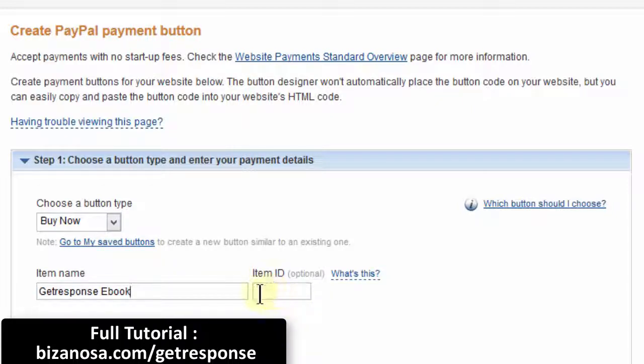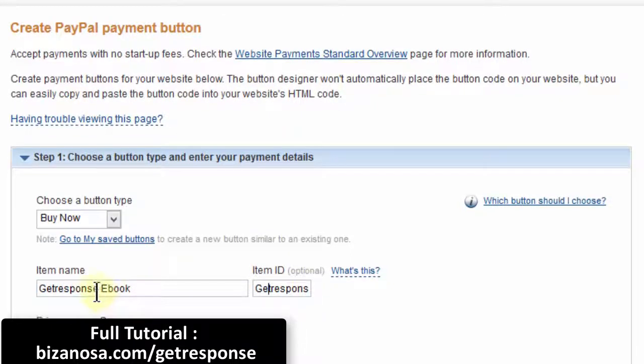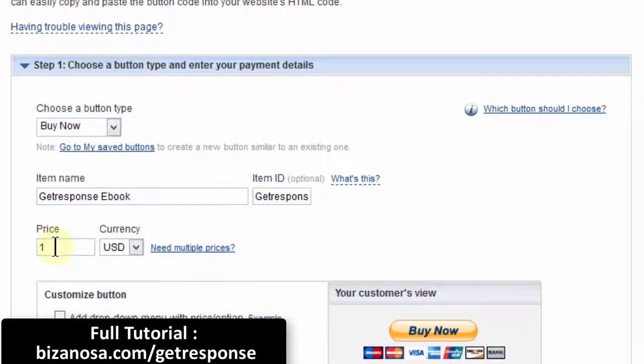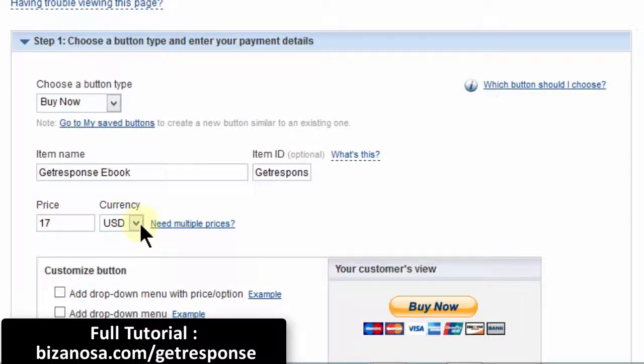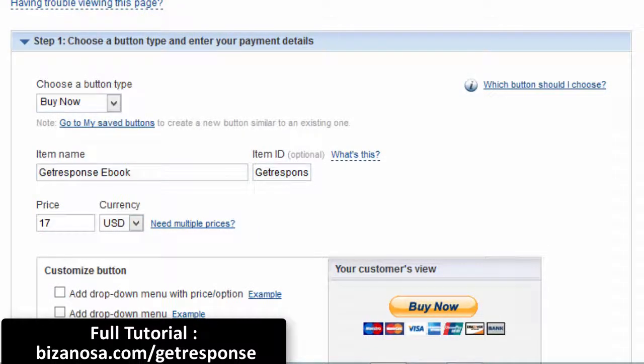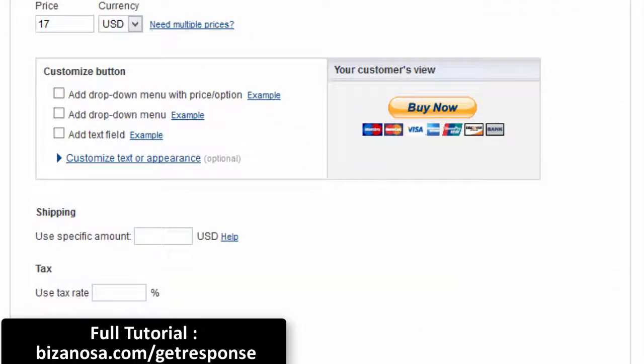And then let me just copy this, Control C. You can give the item an ID so that if you have many items, you will be able to identify them. So this is optional, but you can put whatever you want here that will enable you to identify it. Then you'll add the price. Let's say my ebook will be $17. You can also change the currency to one of the supported PayPal currencies. So let's continue scrolling down here,